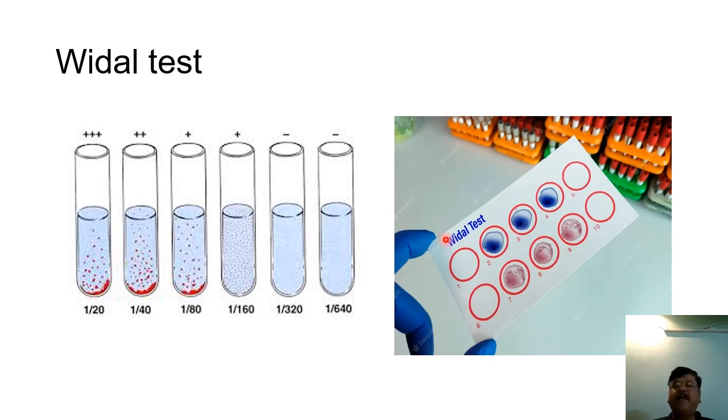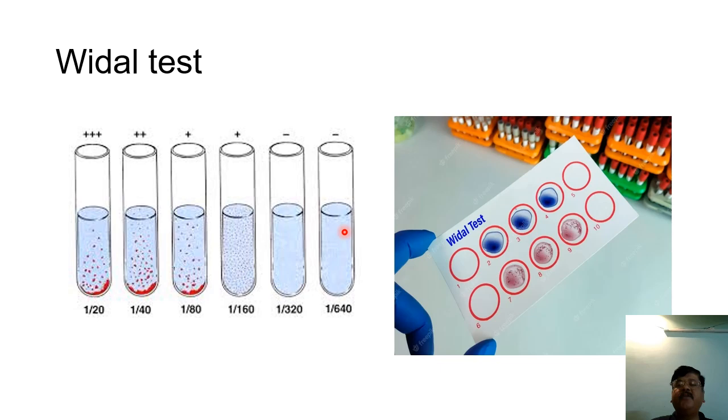Four types of antigens are used: TO, that is Salmonella typhi O antigen; TH, Salmonella typhi H antigen, flagellar antigen; then AH, Salmonella paratyphi A, flagellar antigen; and BH, Salmonella paratyphi B, flagellar antigen. These are